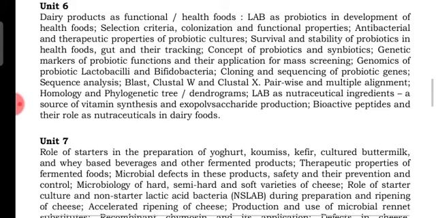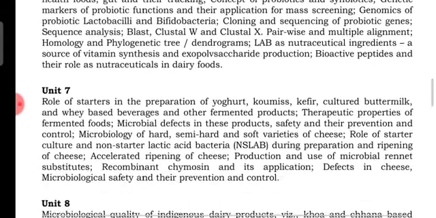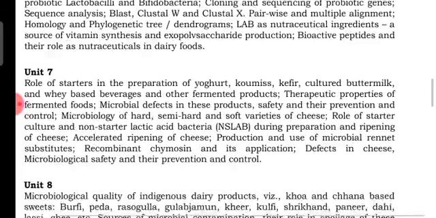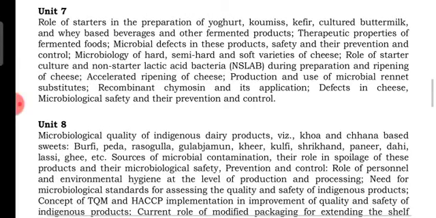bacteria during preparation and ripening of cheese; accelerated ripening of cheese; production and use of microbial rennet substitutes, recombinant chymosin and its application; defects in cheese; microbiological safety and their preservation and control; microbiological quality of indigenous dairy products